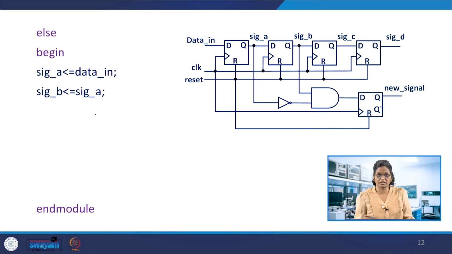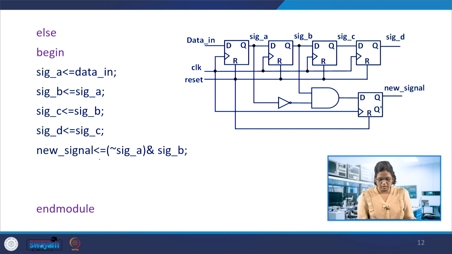It is a non-blocking assignment, and you can see the difference in this sequential logic. Signal A is assigned to signal B, and C and D are assigned in a similar way.